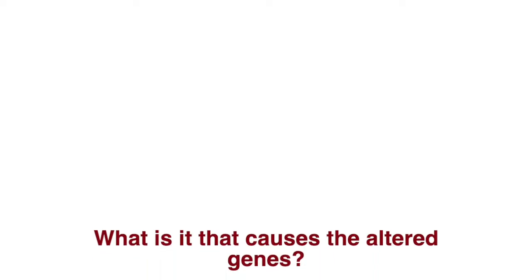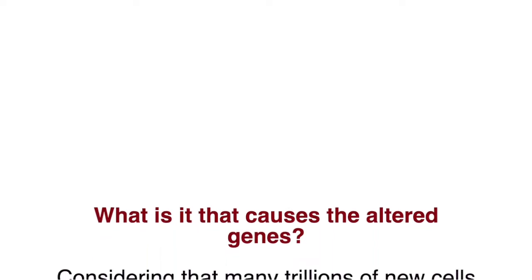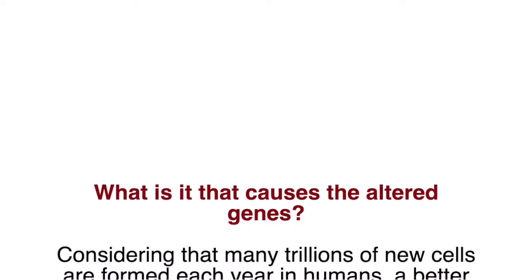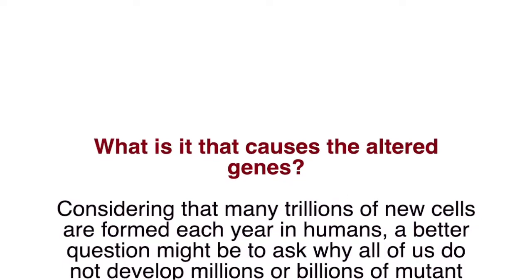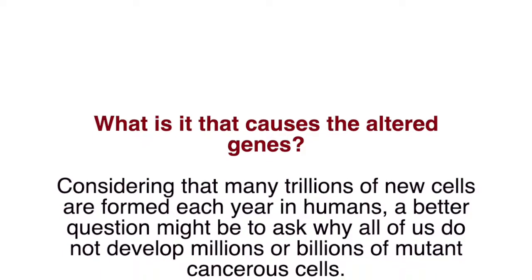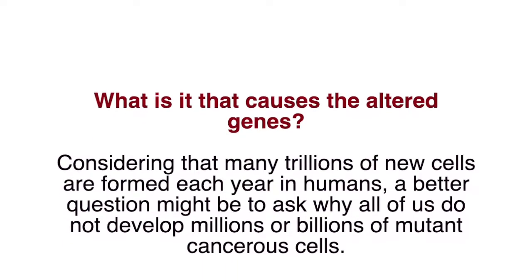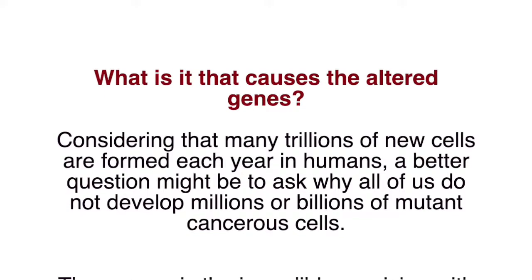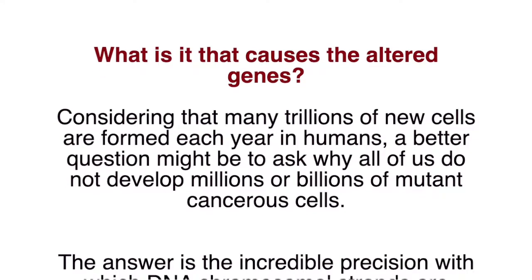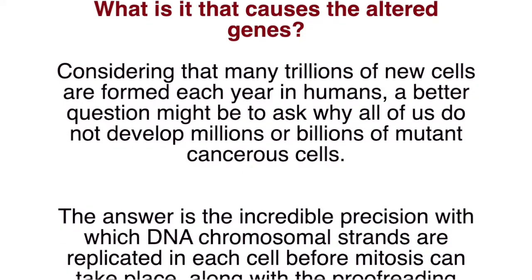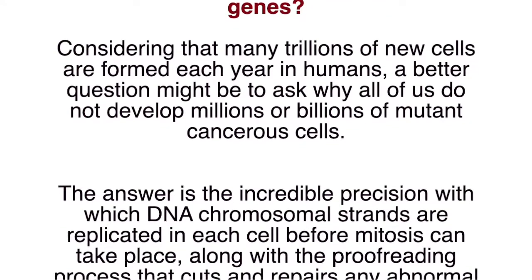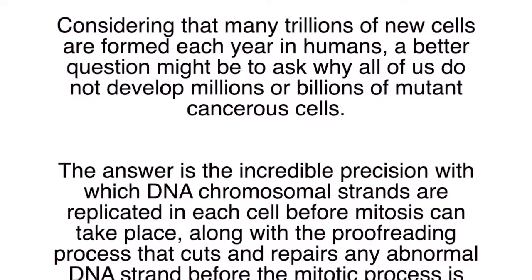What is it that causes the altered gene? Considering that many trillions of new cells are formed each year in humans, a better question might be to ask why all of us do not develop millions or billions of mutant cancerous cells. The answer is the incredible precision with which DNA chromosomal strands are replicated in each cell before mitosis can take